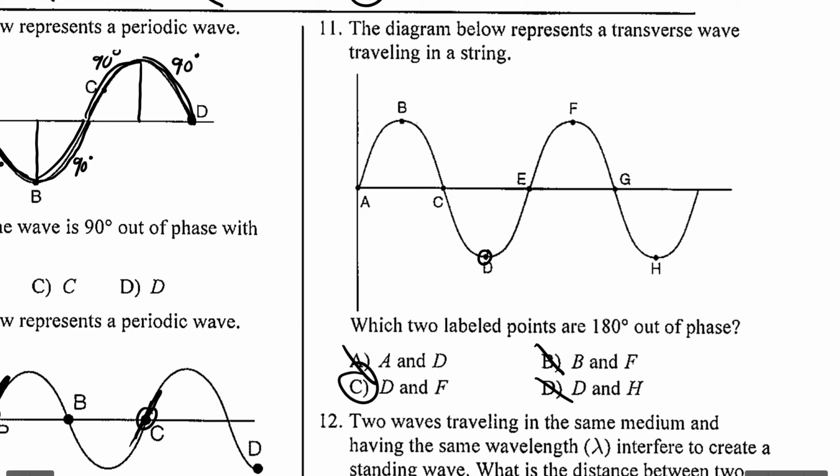So from D to F, this is half of a wavelength, and then you have to do this other part to get, this is 360. This is 360 degrees, or 1 full wavelength. From here to here, that's half of that, right? That's splitting it right in 2. So from trough to crest, that's 180 degrees out of phase. A lot of times it's easy to say, oh, that's 180 degrees. Yeah, sure. But so is here, from trough to crest.